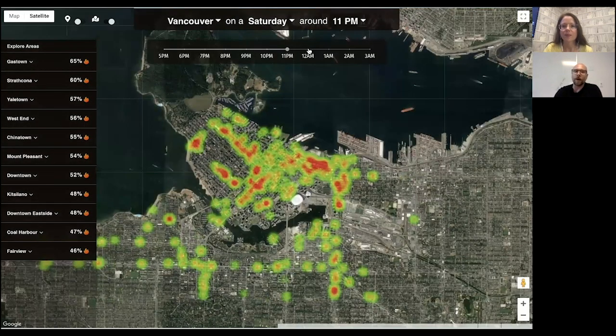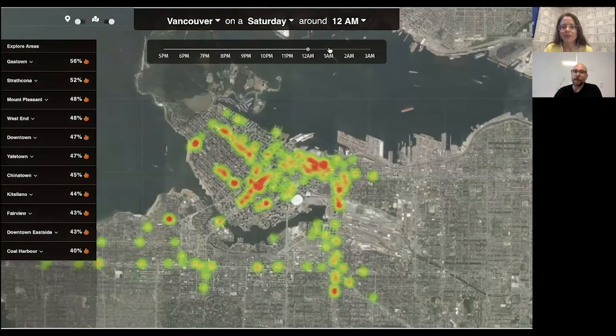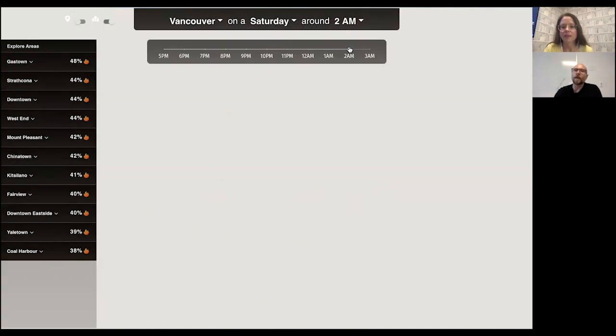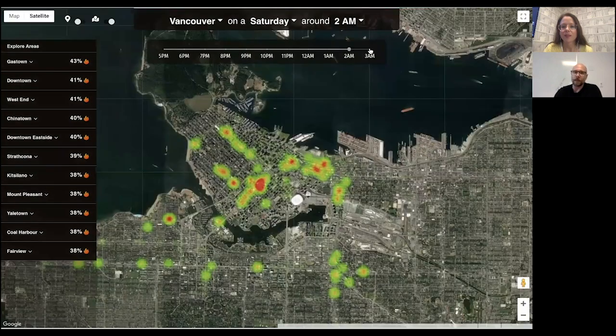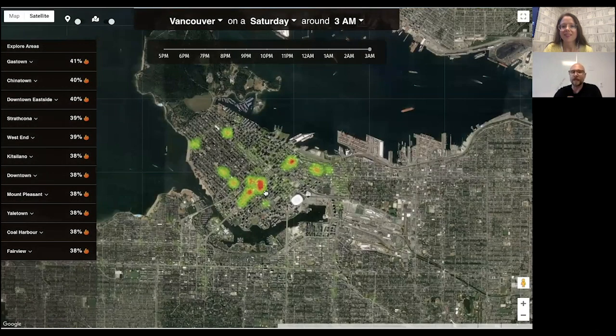I don't know how many viewers are familiar with Vancouver, but as places begin to close down, things begin to concentrate much more into the downtown area. And then at 3 a.m., the busiest and most ranked hotspots would be the bars in the downtown area. So basically, the idea here is that we wanted to understand, at a high level, given that we only had 2 weeks to build this, some interesting points with data and to be able